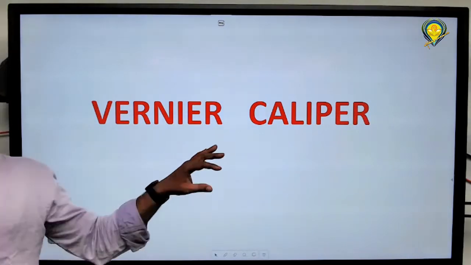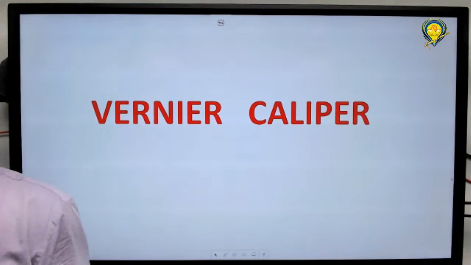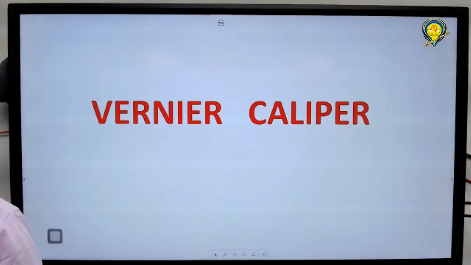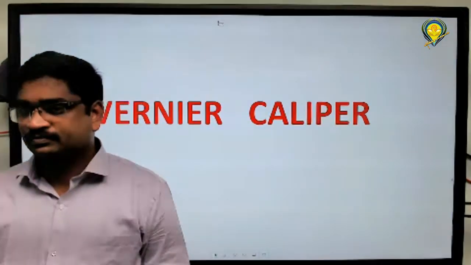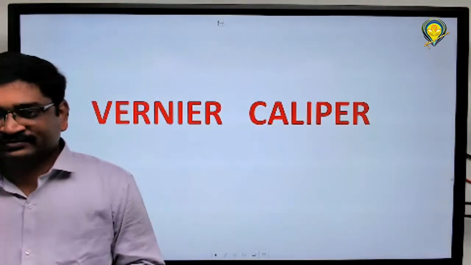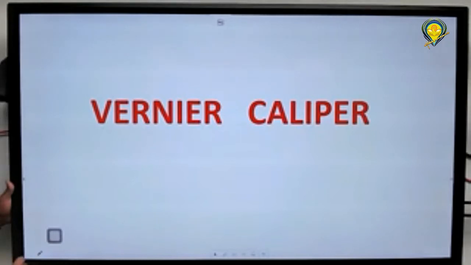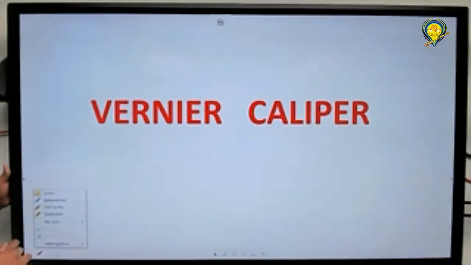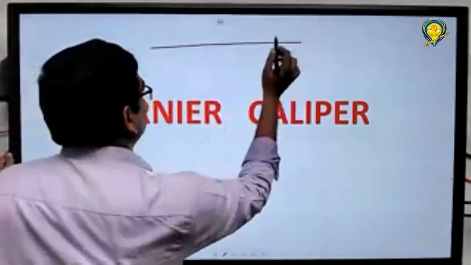Now, why do we need to use vernier calipers instead of a normal scale? So we have a normal scale. Why do we need to use vernier calipers? What is the purpose of that? For accuracy. So what is meant by accuracy? Correct measurement. For example, what is the least measurable value in a normal scale? The least possible is 1 millimeter or centimeter. So a normal scale starts with 0.